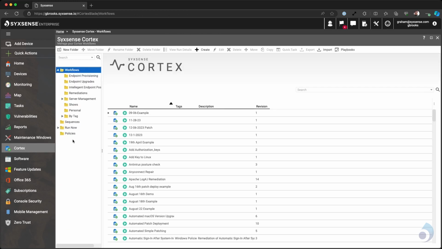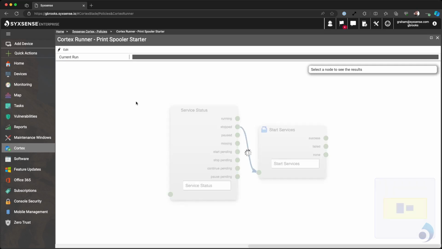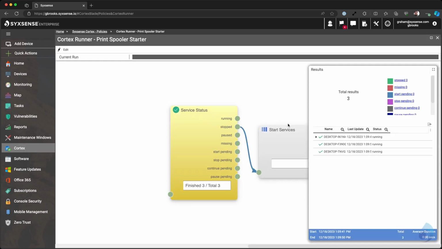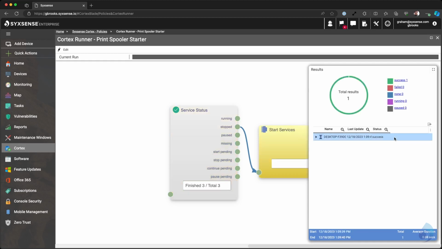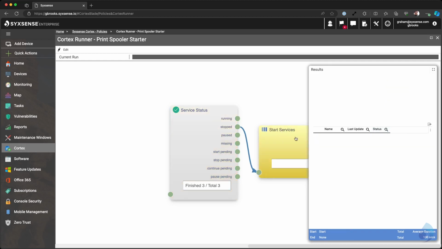Or actually, if I go back to Cortex and go to policies, I can see in our policy that within 1 or 2 revolutions of this workflow, there should be a change. And actually, you can see here that we have found that the device was in a failed state at this particular timestamp. And so it started that service again for us. And the service is now in a running state again. It might take a moment or 2 for this to finalize its workflow, but that's how fast our product